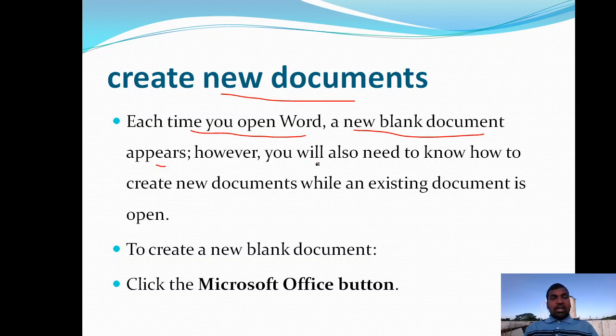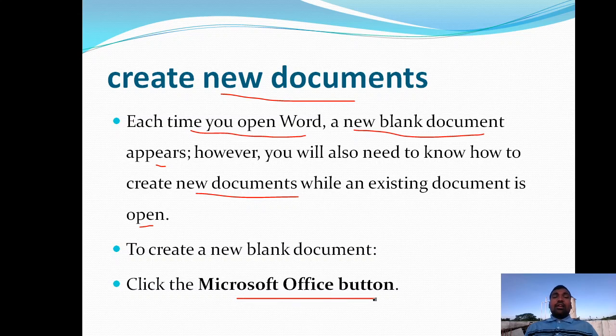However, you will also need to know how to create new documents while an existing document is open. You can open an already existing document without any restrictions, but to create a new document you need to know how. To create a new blank document, click on the Microsoft Office button.